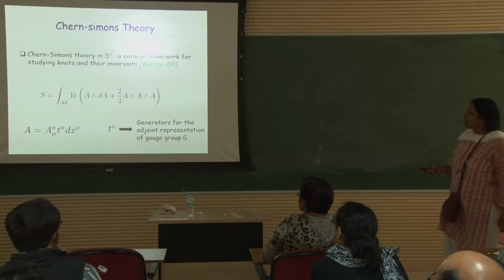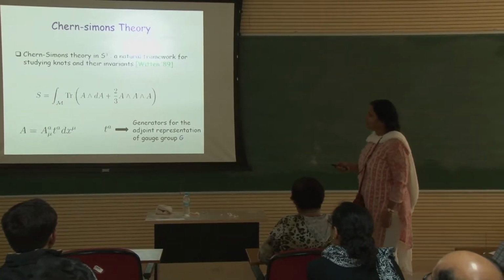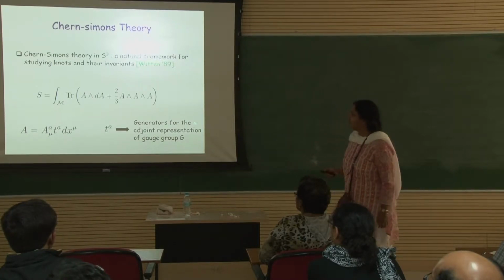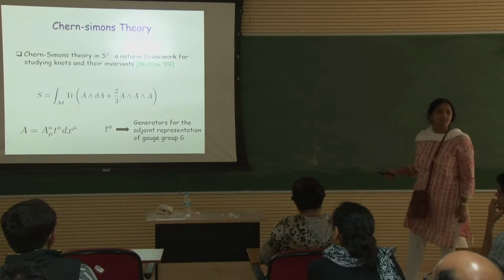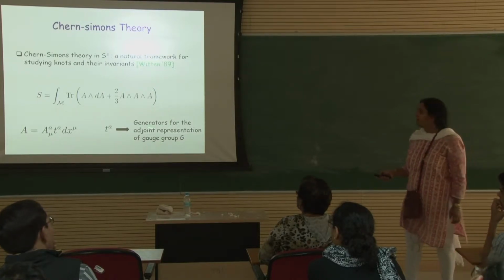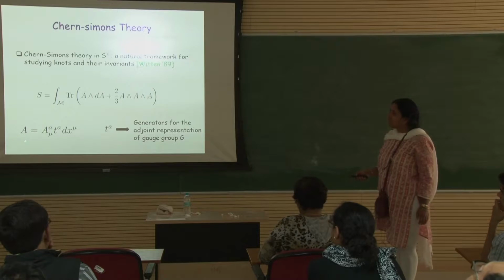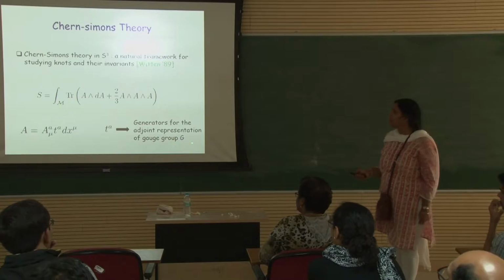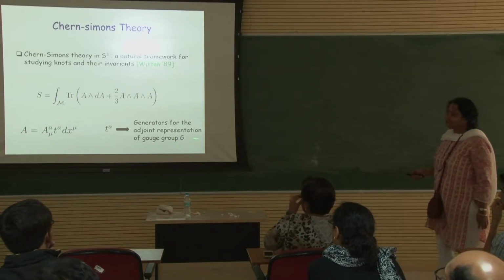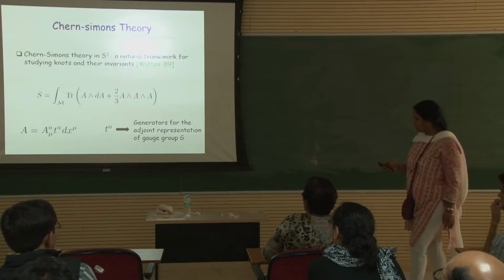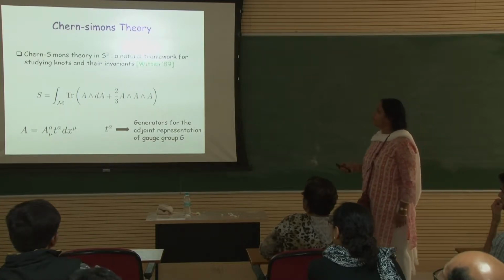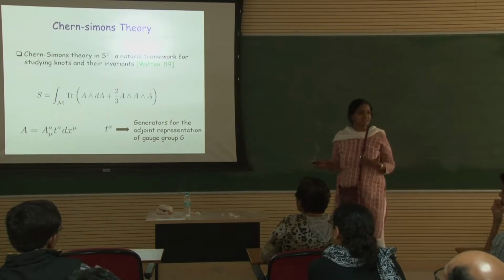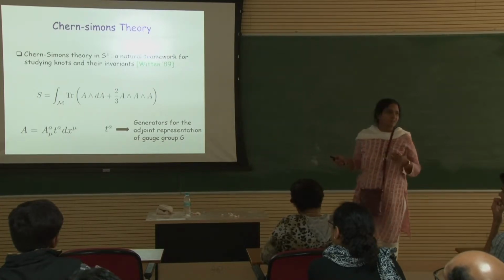okay, and these are what we call the gauge fields or connections, and they will be valued in some specific, you can choose a principal bundle with gauge group G, and these gauge fields or connection will be valued in that gauge group. Okay. So, it will be in the adjoint representation. So, this was the starting point where a lot of excitement happened between mathematicians and physicists. Witten came up with the